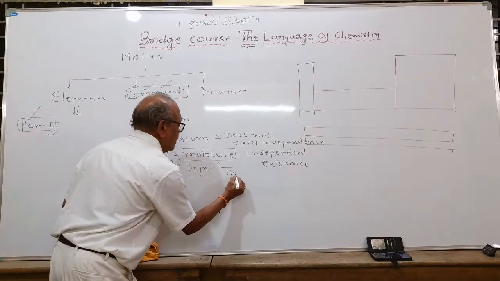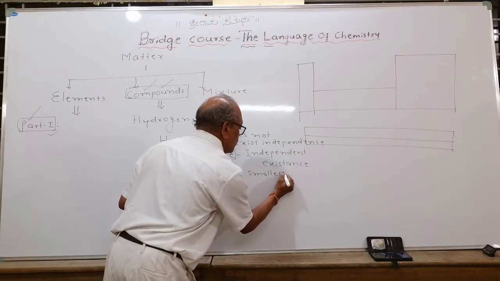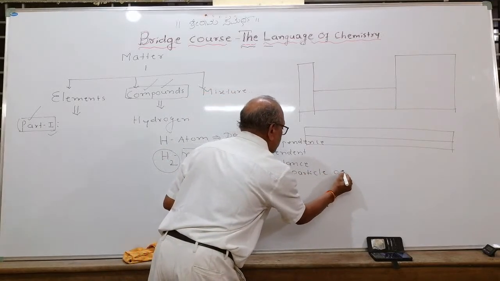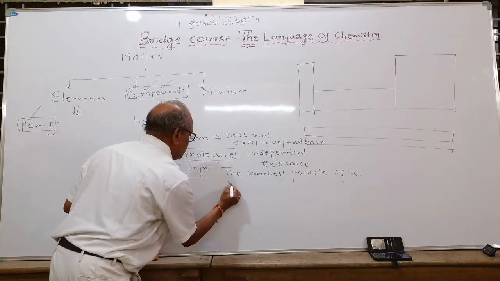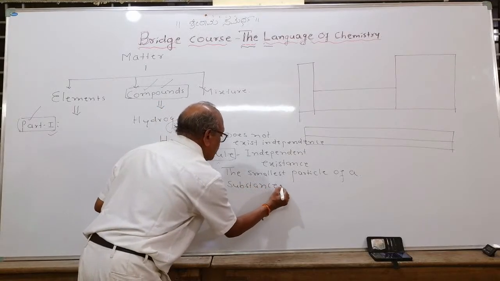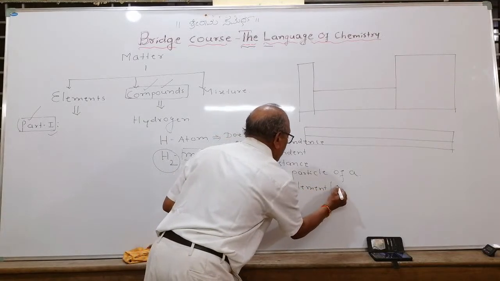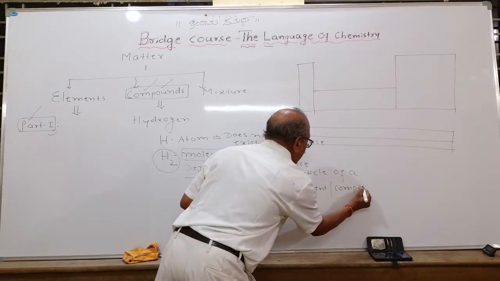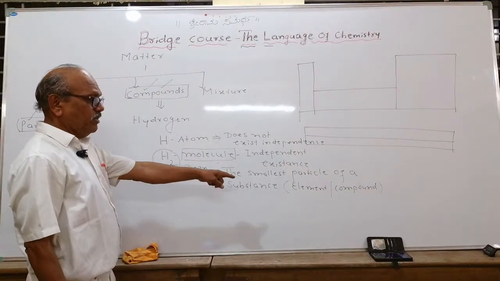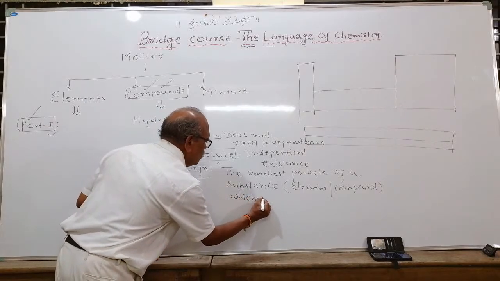The smallest particle of a substance. Before we define what is a compound, we learn basic things. The smallest particle of a substance may be element or maybe compound. We'll define compound later. Before that, you understand what is molecule. The smallest particle of a substance may be element or compound which is capable of independent existence. Write the correct definition. Which is capable of